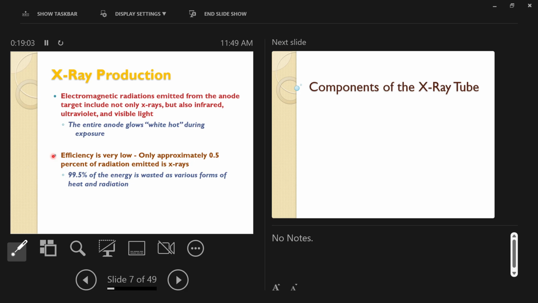You know, even before you make an exposure on a patient for the day, you have to warm up the X-ray tube because they produce so much heat that if you start off a cold unit and make a high-level exposure, you can actually warp the components. You can vaporize parts of the anode disc, you can crack it, you can crack the glass, you can bend